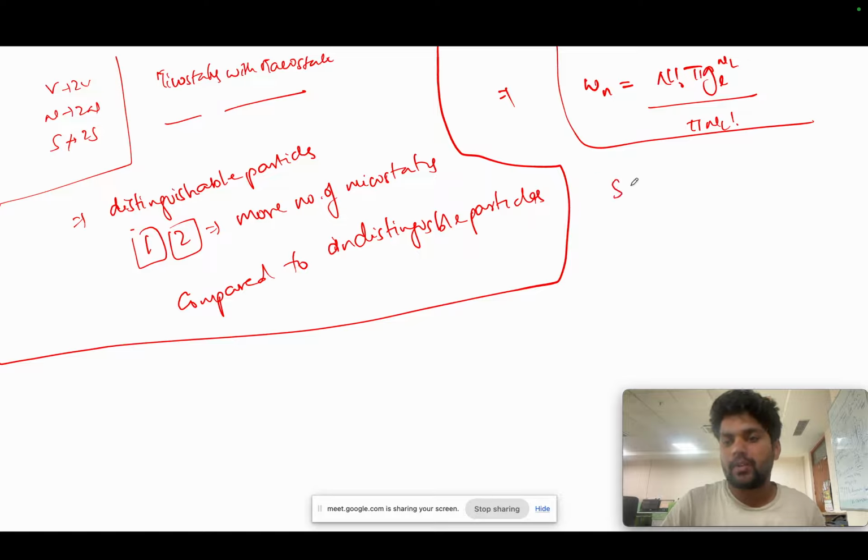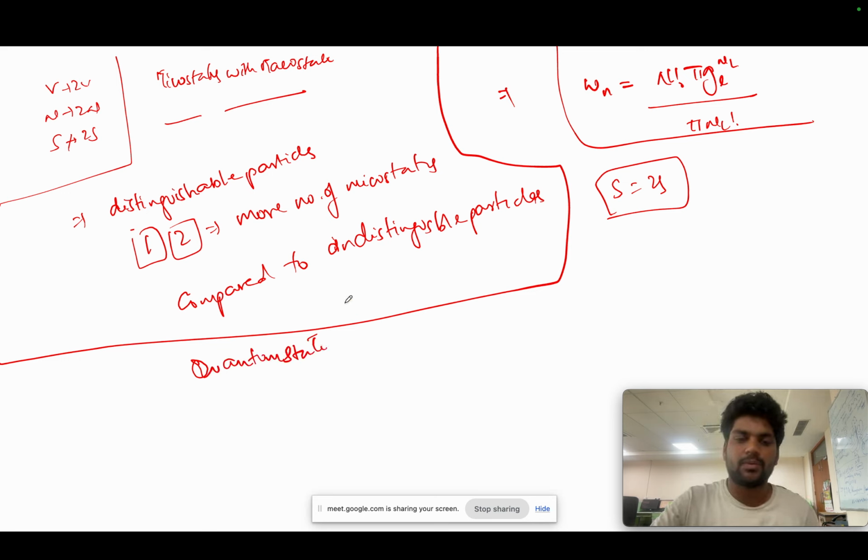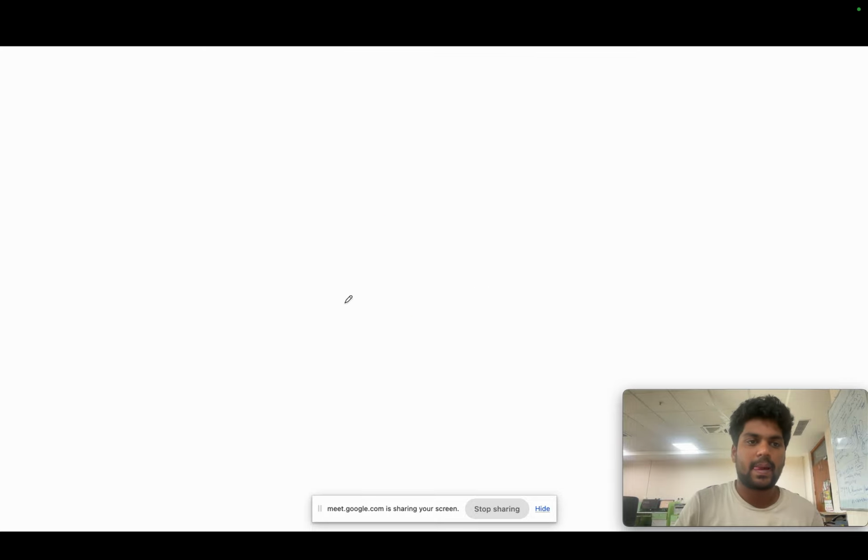After this we found the corrected S. So this is the basics, and all of this is nothing but the quantum mechanics of thermodynamics. Then we came to the ensemble approach,